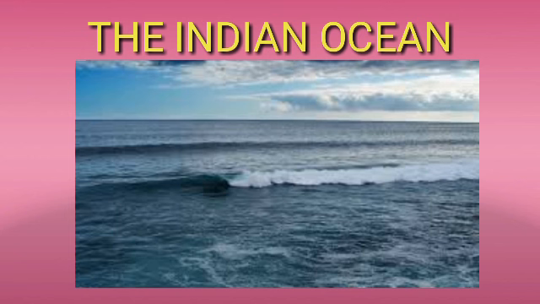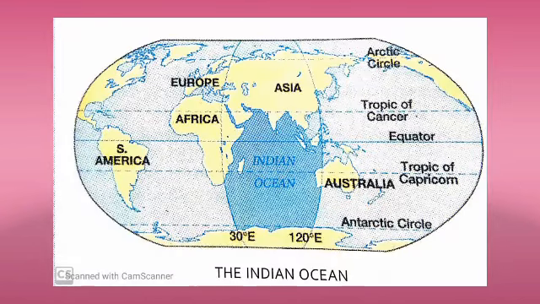The Indian Ocean is the only ocean in the world which is named after a country, that is our country, India. The Indian Ocean does not open out northwards into Arctic Ocean. The reason is it is completely bounded on the north by Asia, children. So we can refer Indian Ocean as half an ocean. Observe the map, children. The Indian Ocean is bounded by Asia in the north, Africa in the west, and Australia in the east. Before we get to learn about the other two oceans, please watch this video, children.